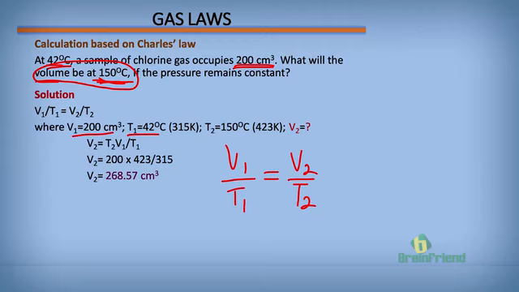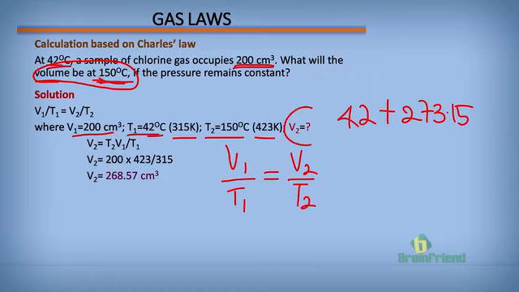Temperature in Kelvin. Converting this 42 degrees Celsius to Kelvin scale, all we need to do is to say 42 plus 273.15. Remember when we talked about how to convert Celsius scale to Kelvin scale. So doing that, we are going to have approximately 315 Kelvin. That's our initial temperature. And our final temperature was given at 150 degrees Celsius. Again, we'll convert it to Kelvin, and that will give us 423 Kelvin.